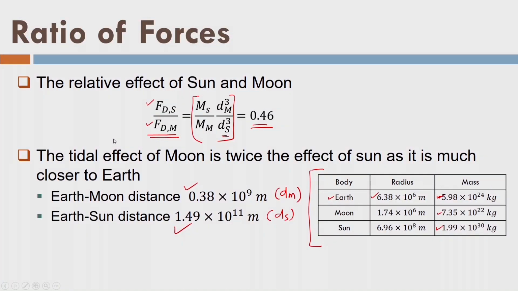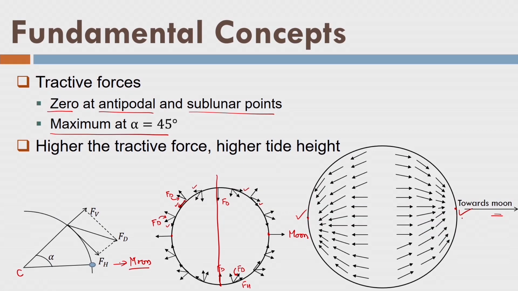One more aspect I would like to tell you here. Water is accumulating here under the influence of tide and accumulating here, but what about this point? Water has been withdrawn from here towards this side and this side. So, these are the points of low tide. Similarly, this point is a point of low tide, here a point of high tide, and here also we have high tide.